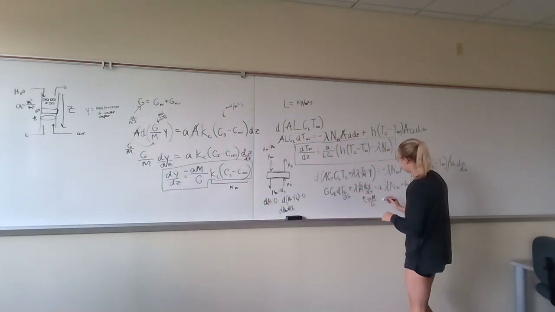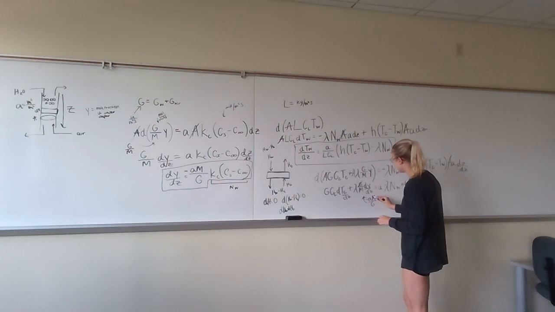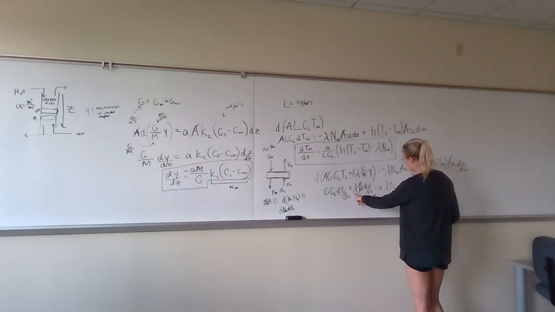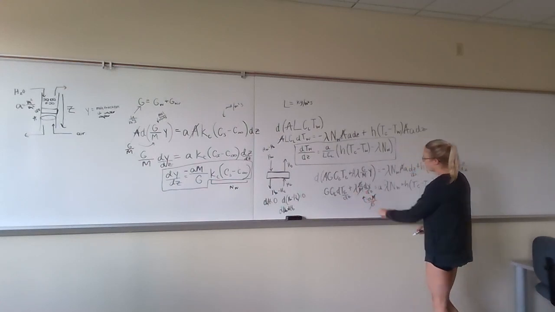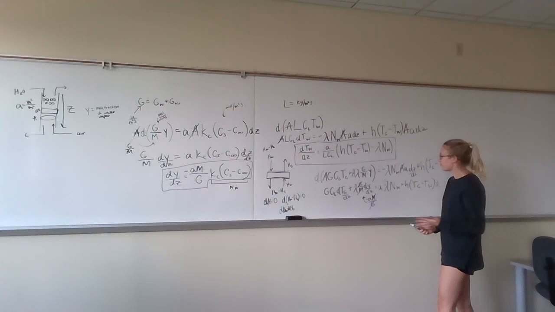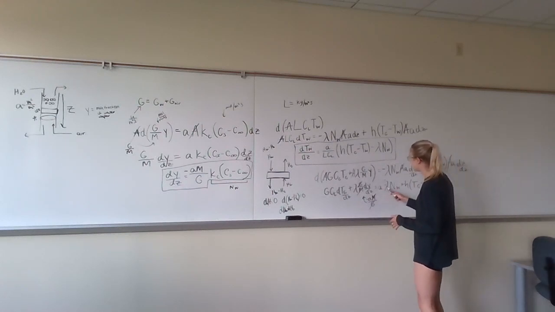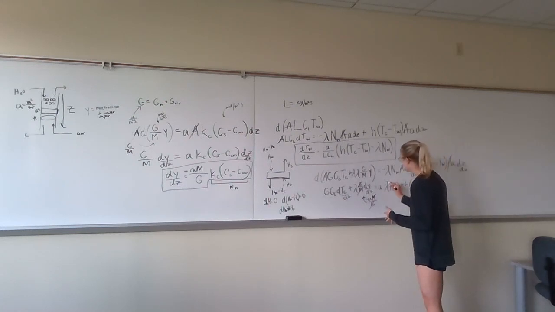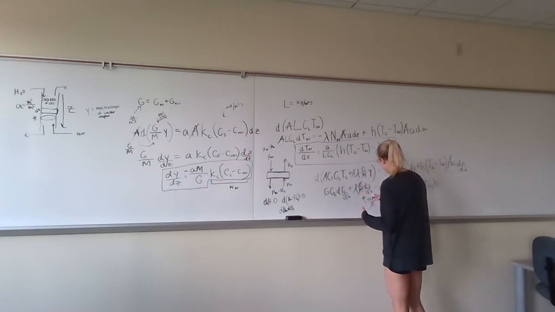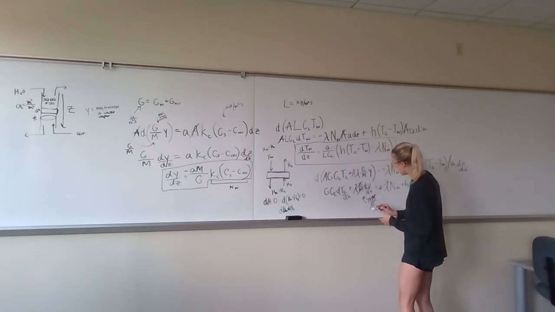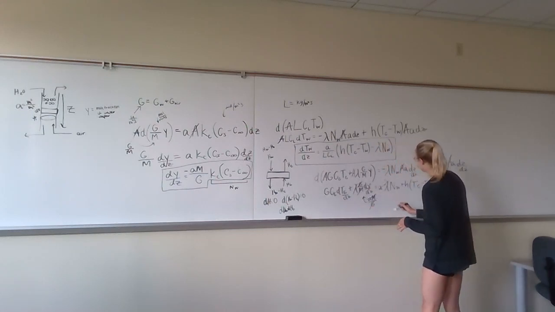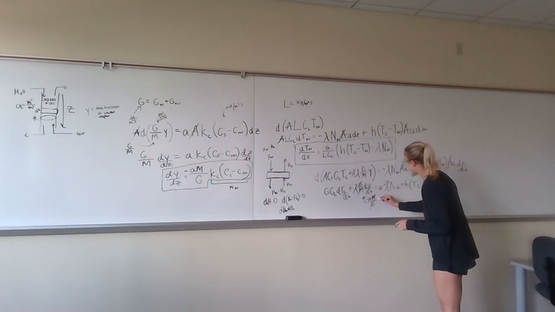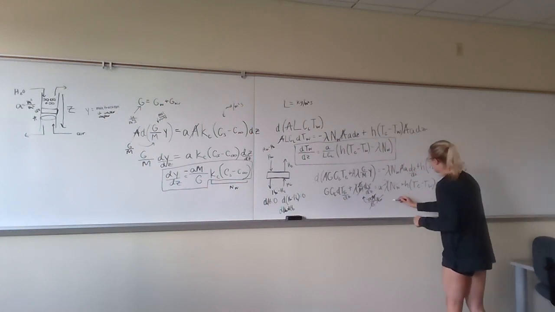So we have this plugged in. The gas flow rate cancels out, the molecular weight cancels out, and we're left with the heat of vaporization times the negative specific surface area. And then over here we have the negative heat of vaporization times the specific surface area. So these cancel out, and we're just left with this term right here. So we're left with times the molar flux. So these cancel out, and we're left with